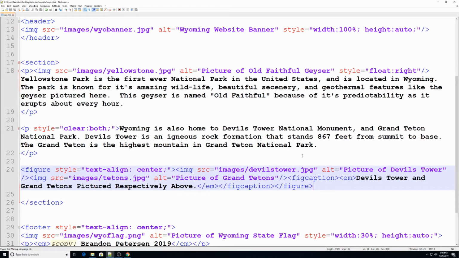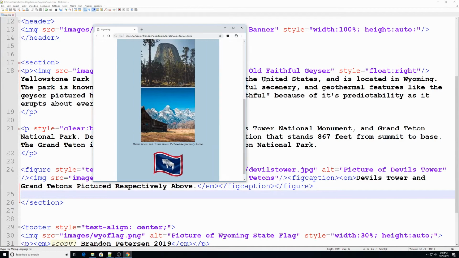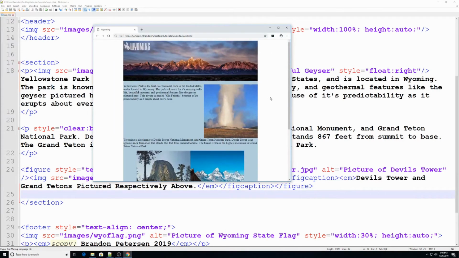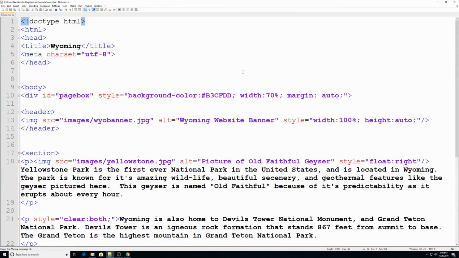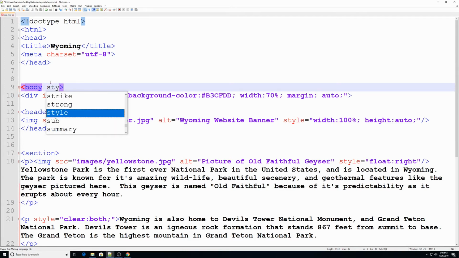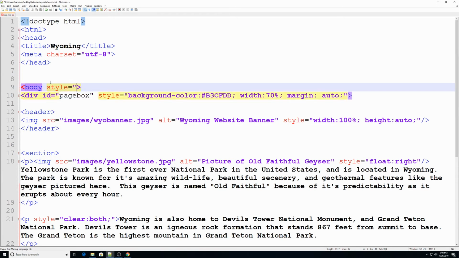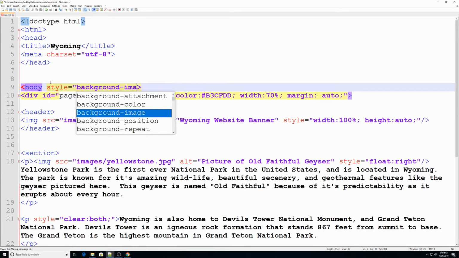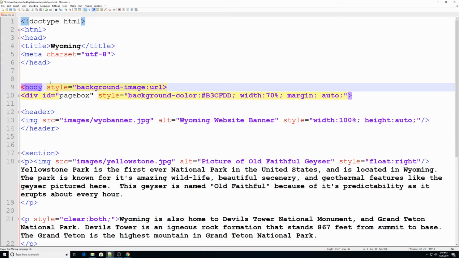So let's go ahead and take one more look at this and see what we could do differently here. One thing we can do, yeah, this is actually a good idea. We can add a background image to this. The way we could do that is for the body tag up here at the top, we can add a style to that. So I'm going to go body style equals, quotation marks, background-image: url,